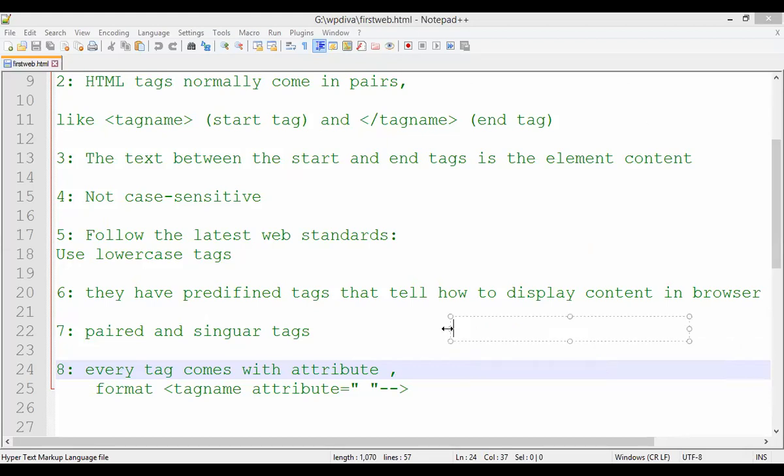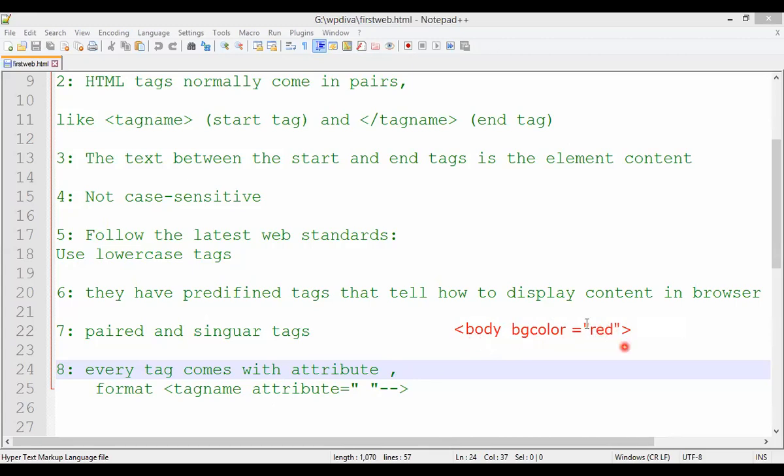See, suppose I have a body tag. So we open an angle bracket, body. Now don't close that angle bracket when you want to include what? The property. See here, tag name, attribute. So what is the attribute I'm taking here? Body, BG color, right? Then followed by equal to, and then take a double quote and write the name of the color and then close the tag. Okay. So in this way, tag name, attribute is equal to double quote.